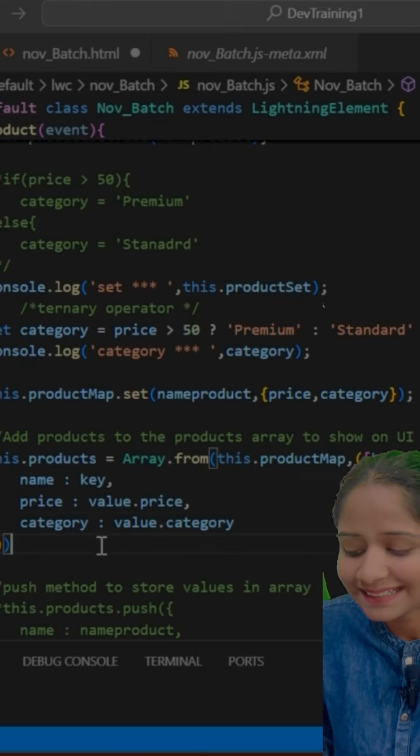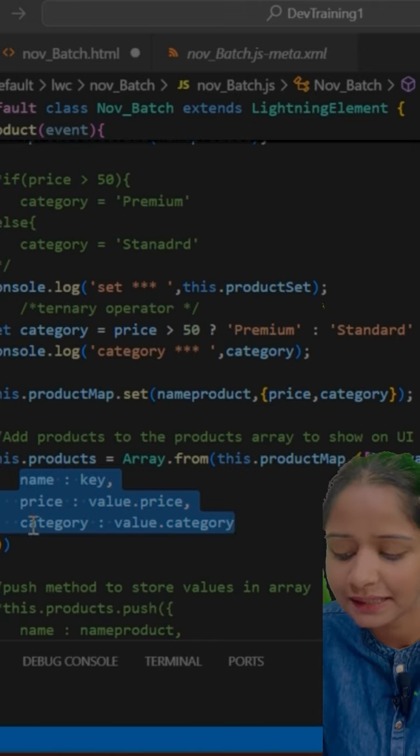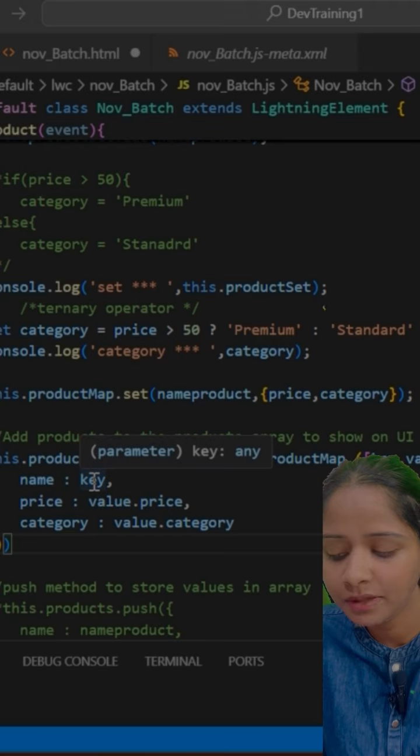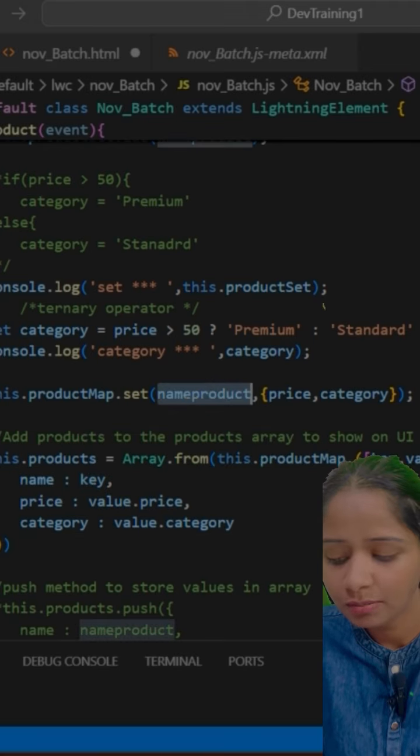This is how at each index an object will be stored. This object will contain three values: name, price and category. So name will be the key. At key it contains the name, the product name. Value will be the